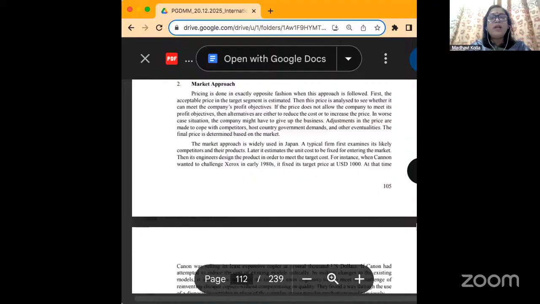The second one is the market approach. Now, this is done exactly in opposition to the cost approach. So, what is fundamentally considered here is what is the acceptable price as per the target market. What is the target segment determining? So, it could be that the price is analyzed to see whether it can meet the company's profit objectives. Now, if the target pricing is so low that it does not even meet the cost of production,